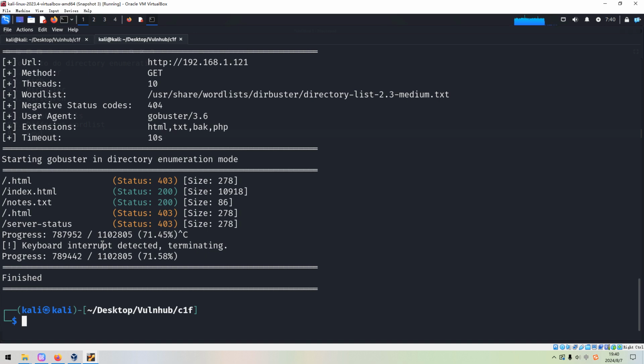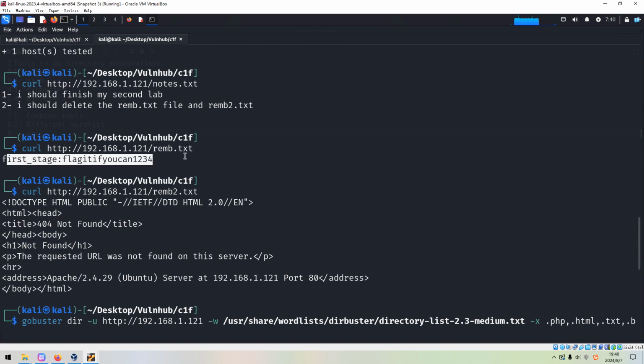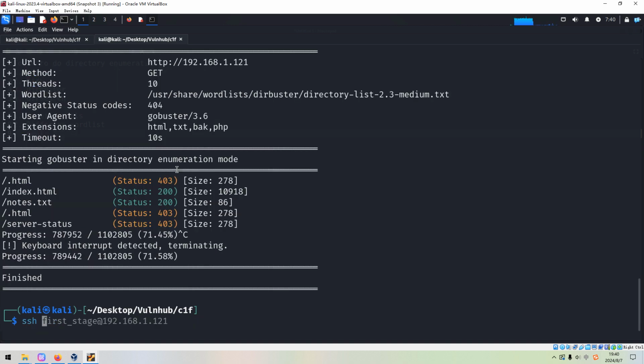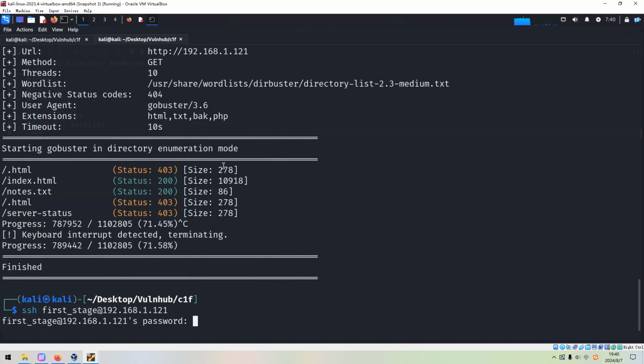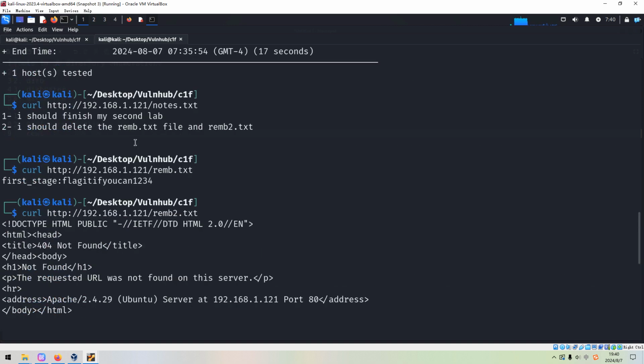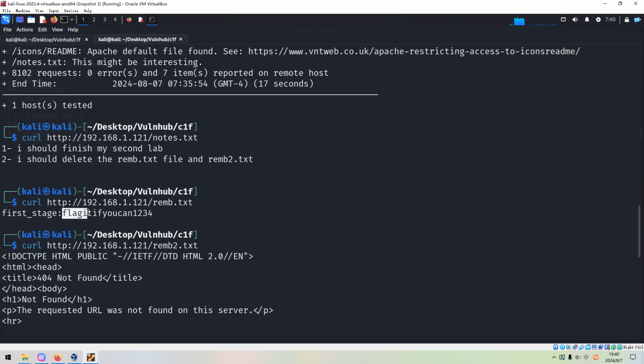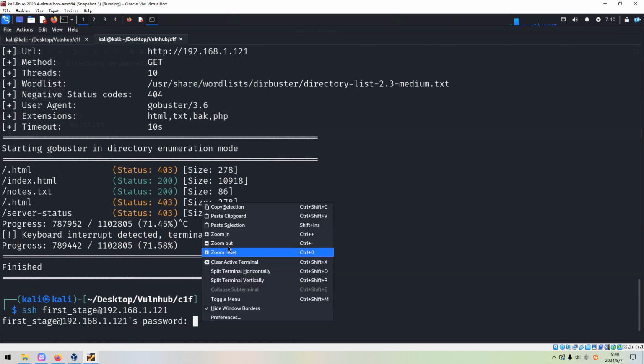So what to do next? We can use the credentials we got from this file to SSH to the target, and we can copy the password, a bit long password, to see whether this credential is correct.